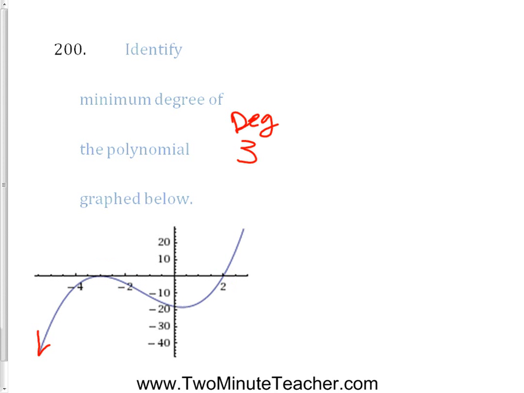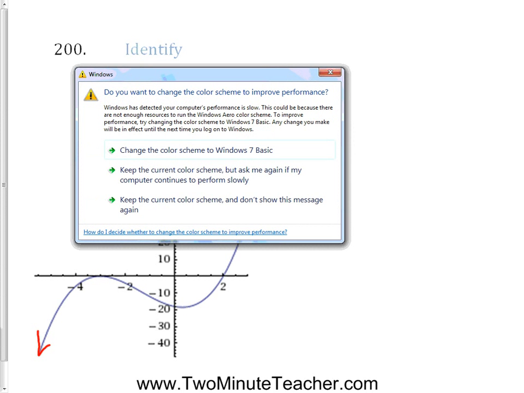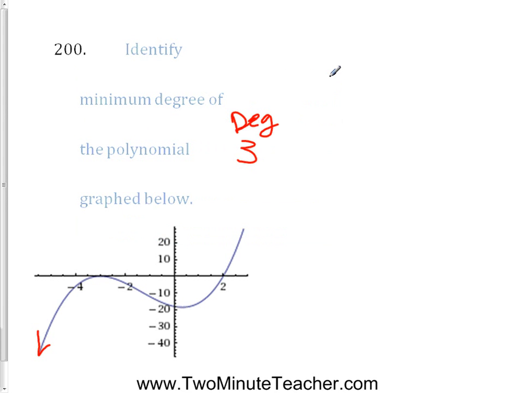All right, so this could be degree 3, but it could be that there are imaginary roots, and they always come in packages of 2. So if this has imaginary roots, it's possible that those would make it a degree 5 or a degree 7 or a degree 9. And so basically this is a degree 3